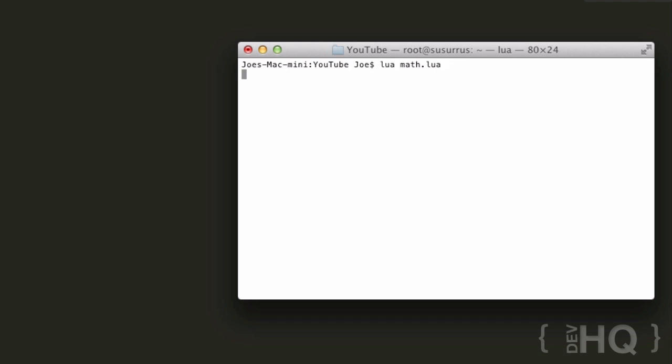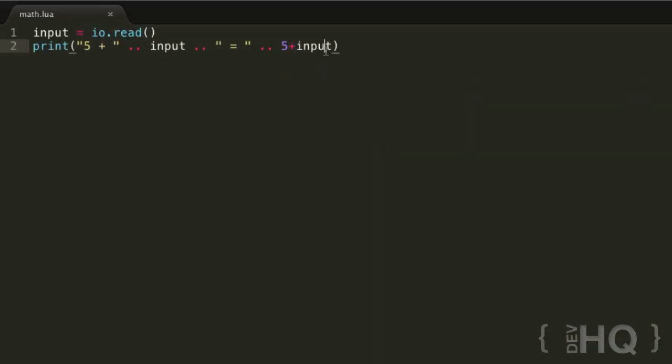So we do that. It's asking us to input a number, or it isn't asking us, but we know we have to, so let's input 82. And it says, okay, 5 plus 82 is 87. That's of course correct, and that illustrates some of the basic functionality of the plus operator, and with using variables